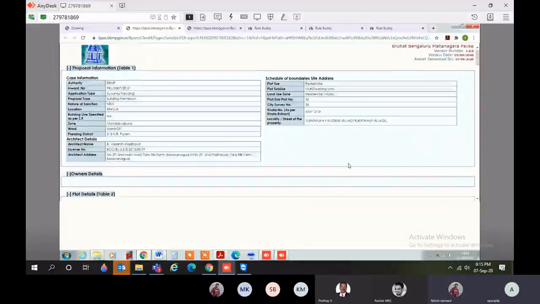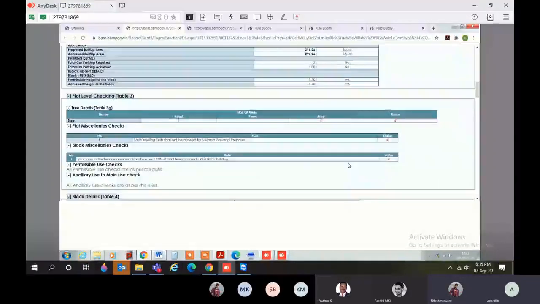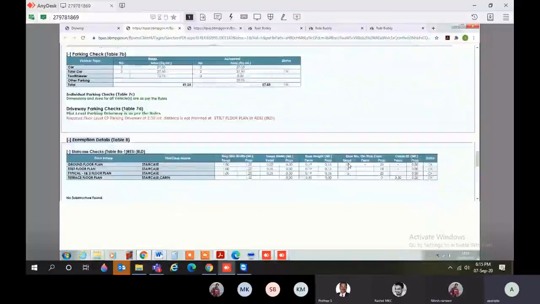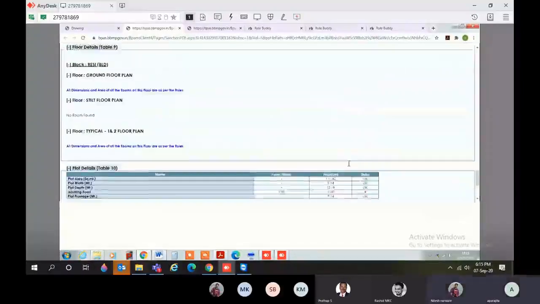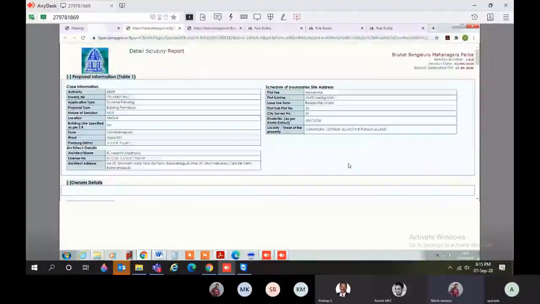If all the zoning regulations and bylaws have passed for this drawing, you can proceed to the print PDF process. Otherwise, you can run again by attaching your drawing, making some corrections if required.